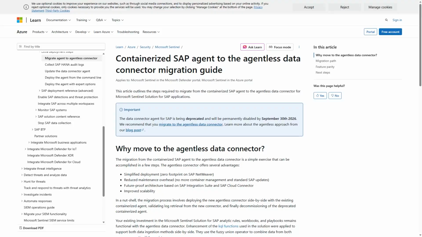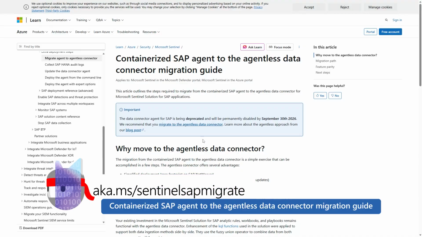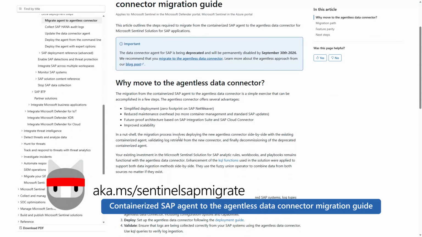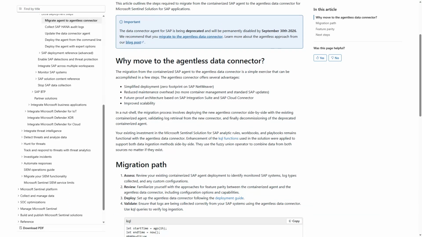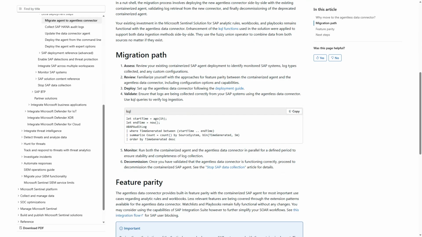How does it work? And you have a guide, I heard. Yes, there's no migration these days without some help around it. And the first thing we provided for this is on Microsoft Learn, a migration guide that talks about the whys, that we also covered today, and we saw some peeks here and there on what's cool with agentless. And in here you have basically a migration path.